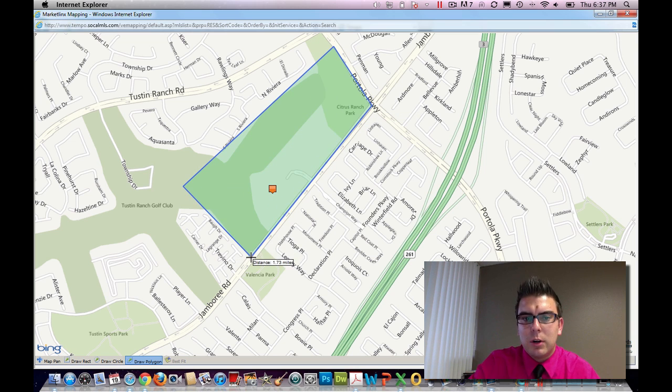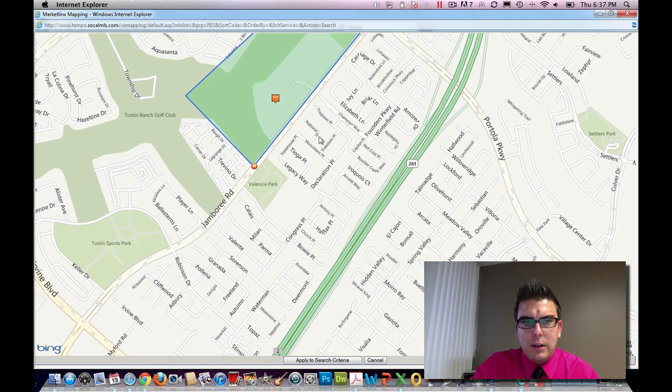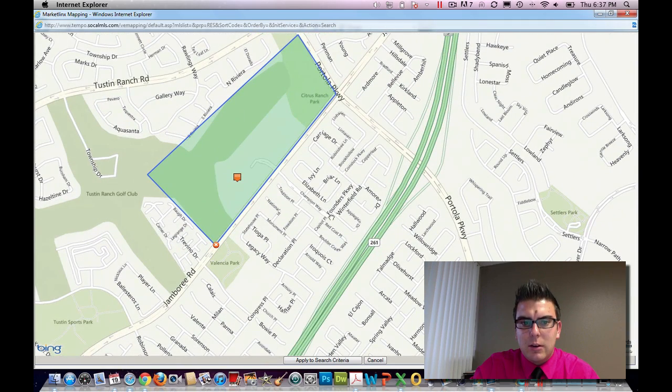Okay, so if this was for any other thing, if your listing was in here, you'd want to check off all the properties within this certain area. And the way I say it is you want to do it basically within the city block. So for anything in this area right here, it'd be everything from here to here, back up in that general area. Okay, so as soon as you're done picking your box, you want to click apply to